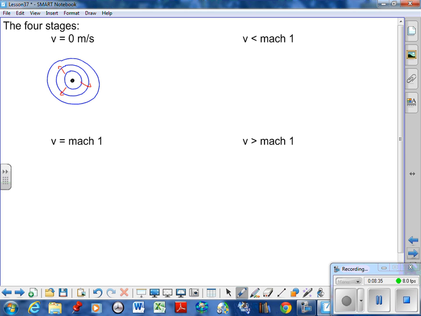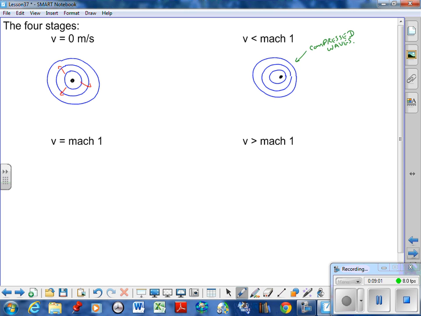So the plane is now in flight in stage 2, but we're less than Mach 1. So we're slower than the speed of sound. And the waves in front of it are a little bit more compressed. Now what does that mean out front? Okay, that compressed waves really means